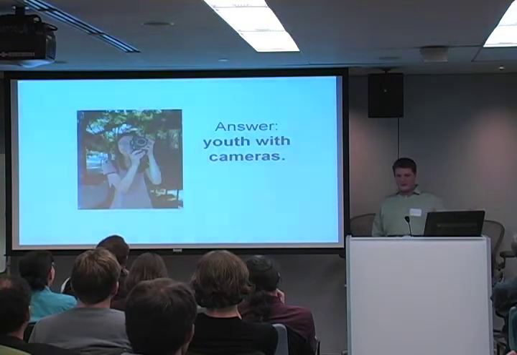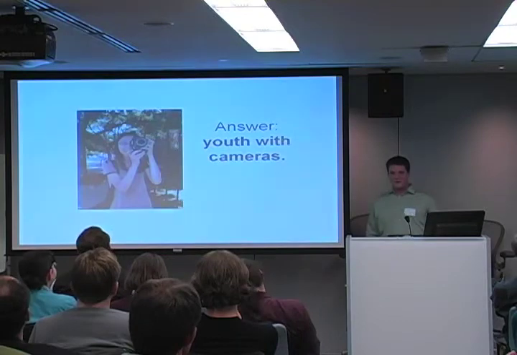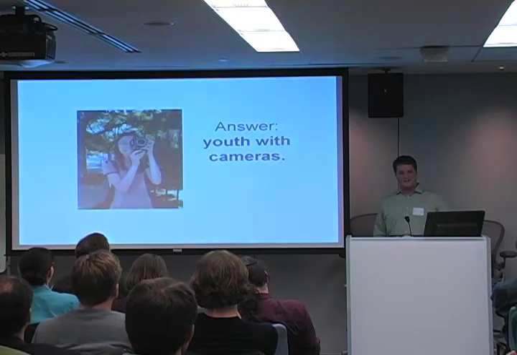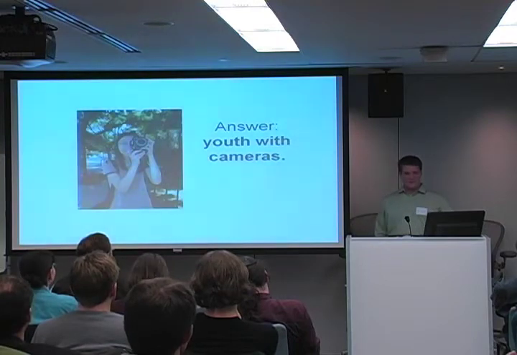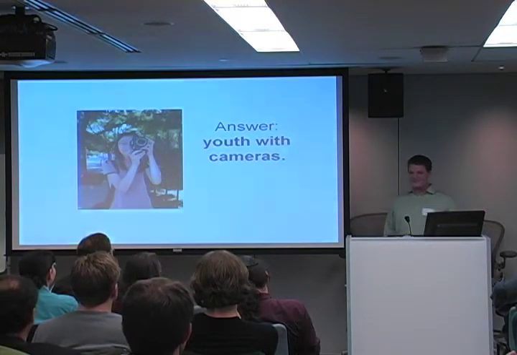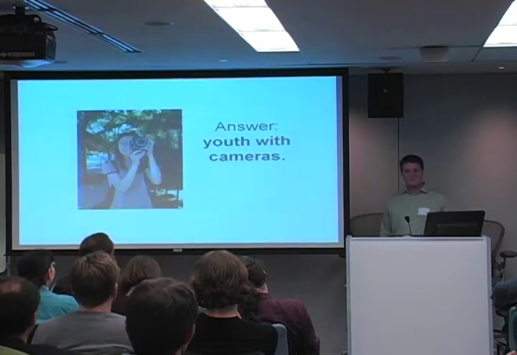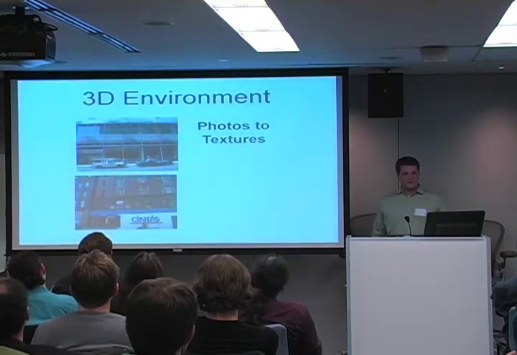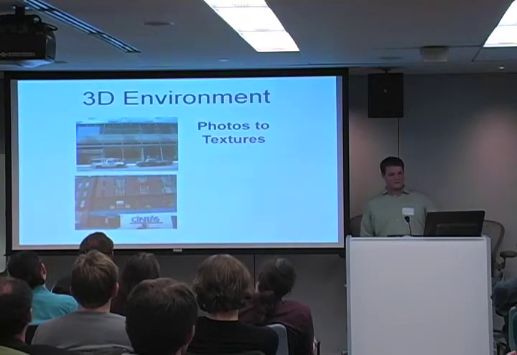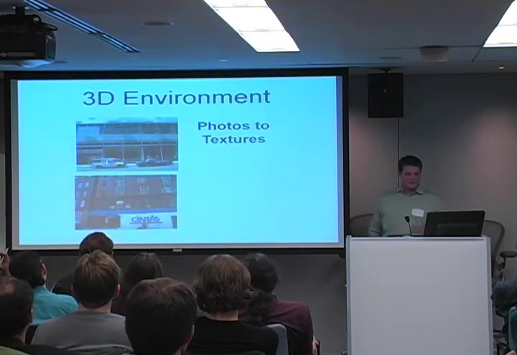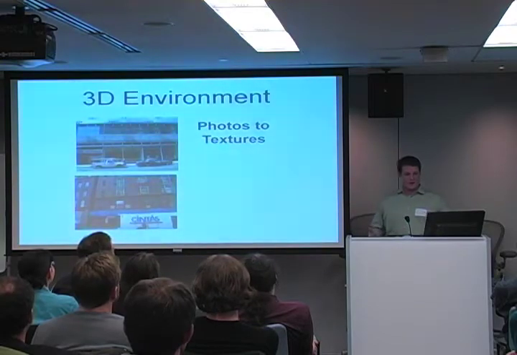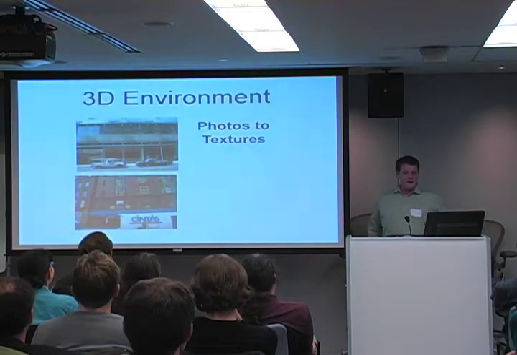So our answer was youth with cameras. We got a bunch of digital cameras, and they went out and photographed every square inch of Chinatown. They came back and gave me a file of 1,000 pictures. It was quite a process going from the pictures to actual textures that you can paste around a building. You get all sorts of things in the picture: the cars, the people watching from the windows, the huge truck covering the whole facade of the building. It's all warped, and you have to stretch it and make it look like a square and make it look good on a building. So it's an interesting process.